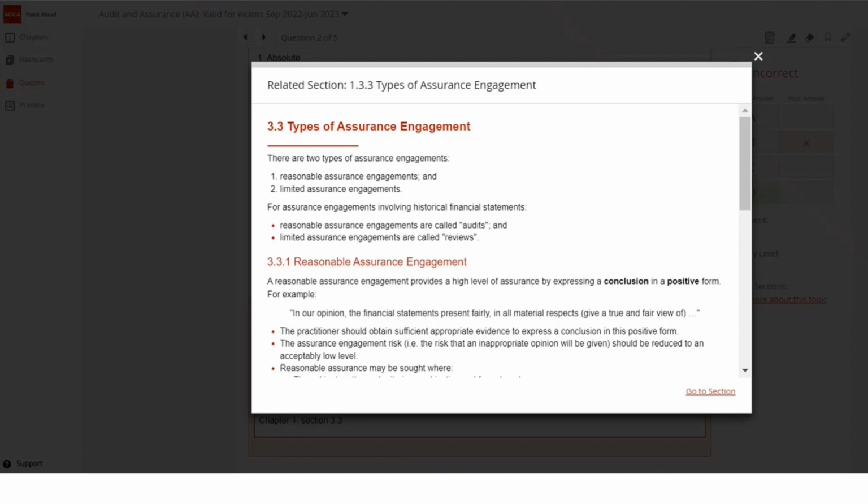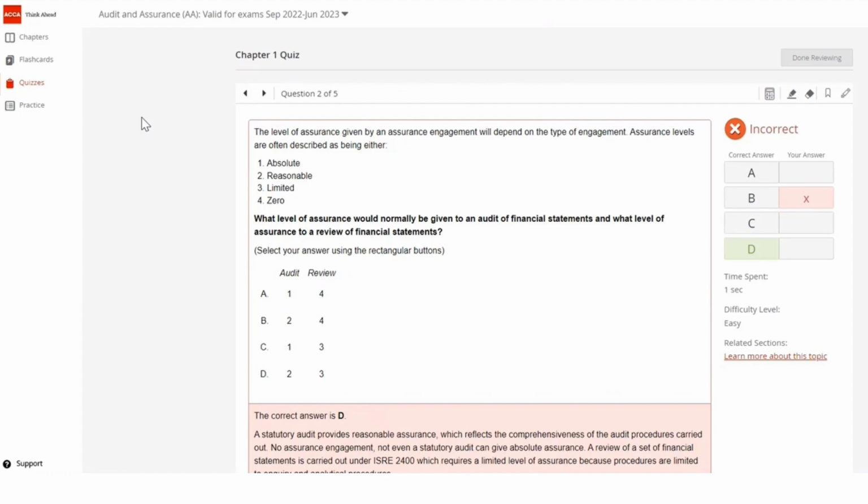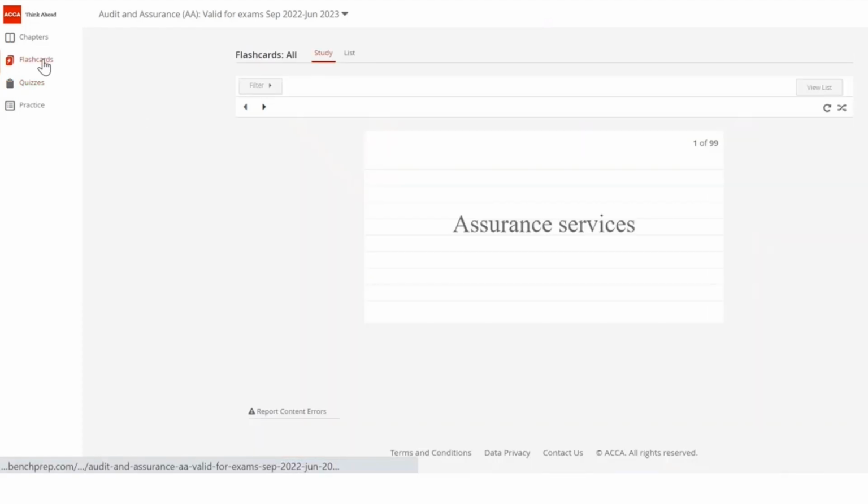So I've clicked on the link to the explanation about this topic, and I have been taken to the relevant content. Moving on from the quizzes, let's look at the flashcards feature. Flashcards enable students to test their knowledge of key definitions. The definition appears on the face of the card, which is visible now. The student thinks of the definition that they would associate with that term, in this example, assurance services, and then